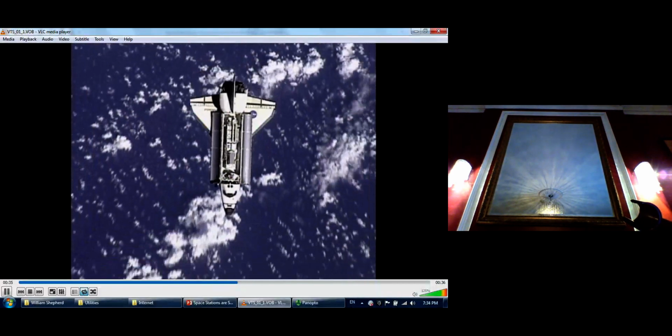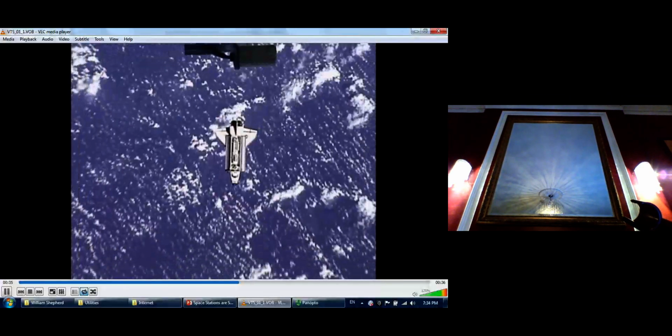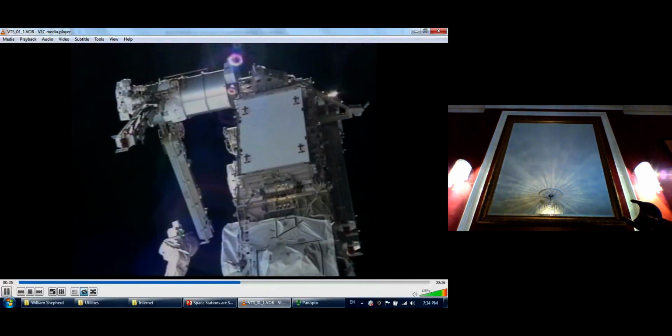December, the first shuttle's coming up. This is Endeavour carrying the first of 4 large solar arrays. This is the bulk of our electric power. Counting